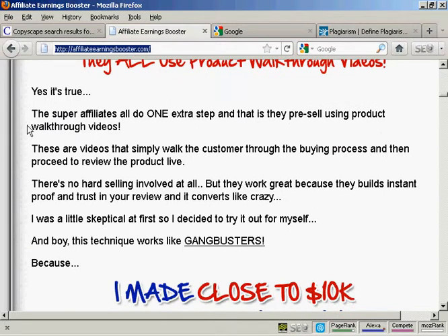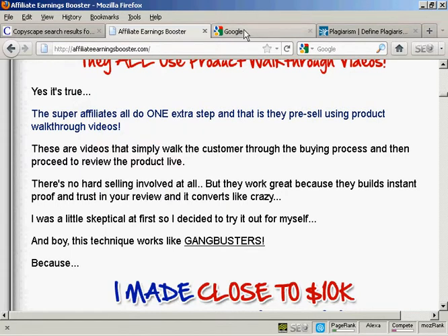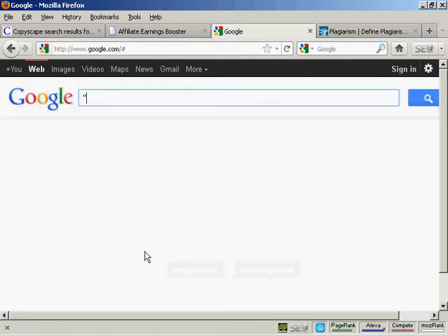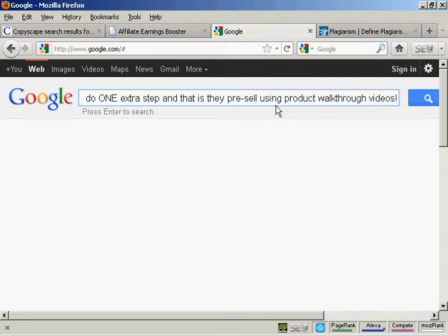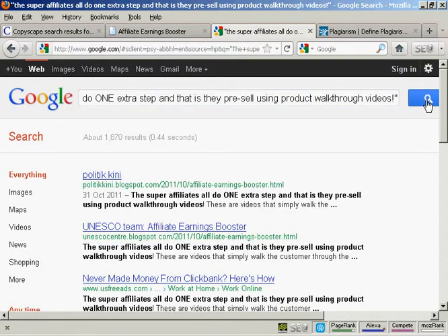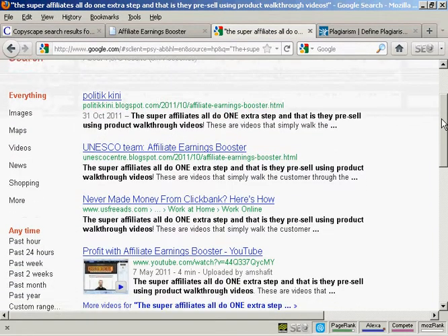Okay, let's highlight that, and I'm going to copy that, right click and copy, and then I come over here to Google, and I'm going to put in quotes, and then I'm going to paste that in, and then do quotes again, and click on search, and you can see that this is a fairly common phrase because there are 1800 representations of